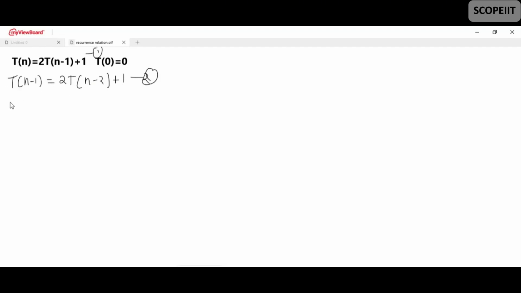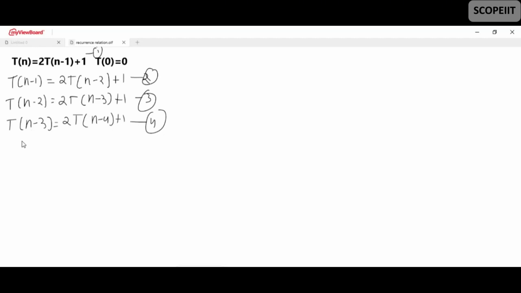Next we replace T(n-1) with n-2, so it will become 2T(n-3) + 1. Then we'll replace n with n-3, so it will become T(n-3) = 2T(n-4) + 1. Okay, so this is your 4th equation. Now we will substitute